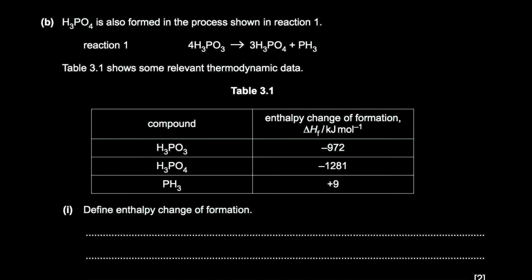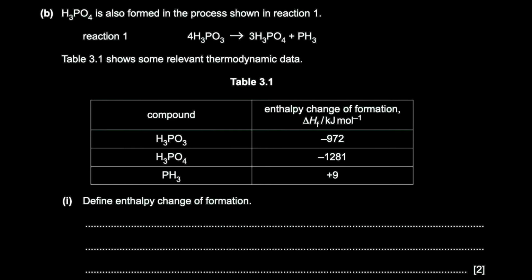Part B says phosphoric acid is also formed in the process shown in reaction 1. Table 3.1 shows some relevant thermodynamic data. Here they've given you the data on the enthalpy change of formation of the reactant and the products. The first part says define enthalpy change of formation. The enthalpy change of formation is the enthalpy change